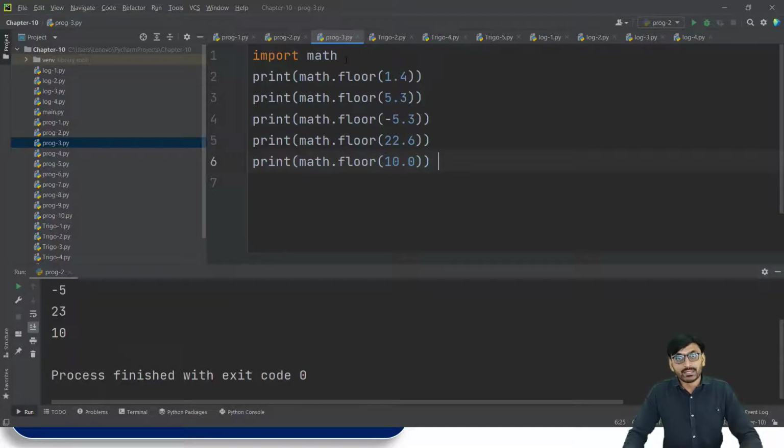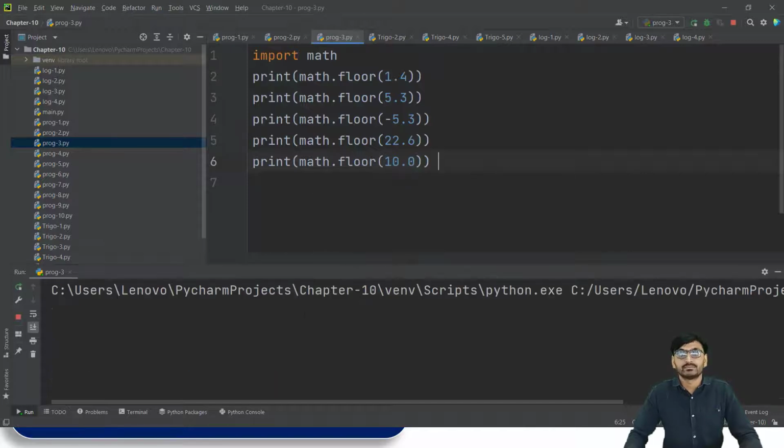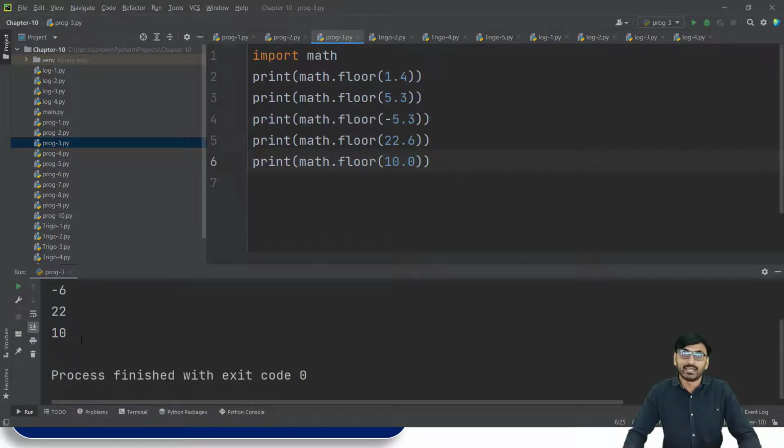So import math, then print math.floor 1.4, then floor 5.3, then minus 5.3, 22.6 and 10.0. If we run this program, then the output is 1, then 5, then minus 6, 22 and 10. So we discussed first the ceil function and second the floor function.